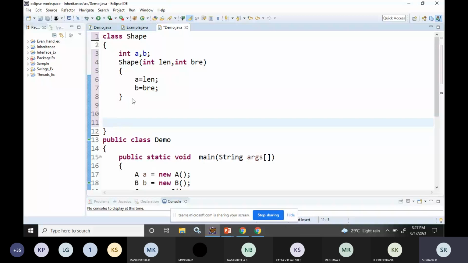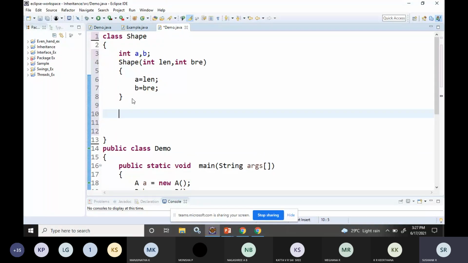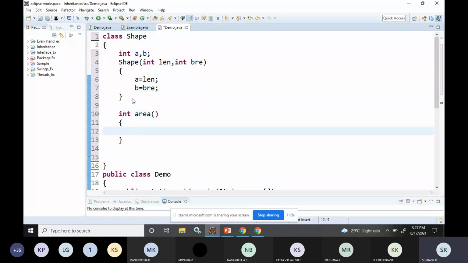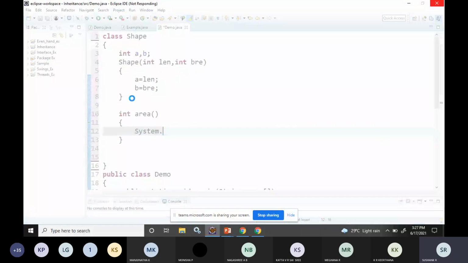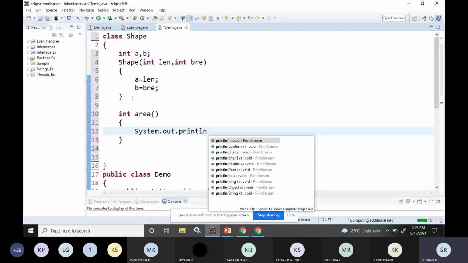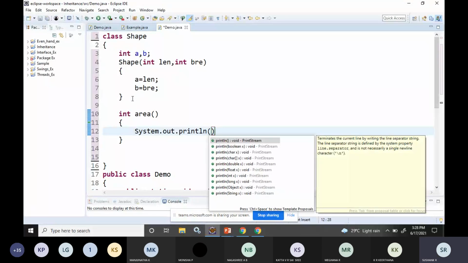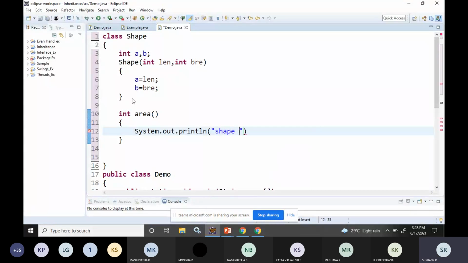After this, I created one function called area. What this function area is doing is it will just print System.out.println, "Shape class area".